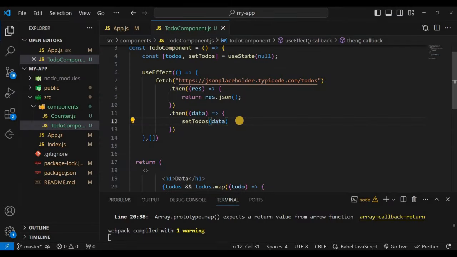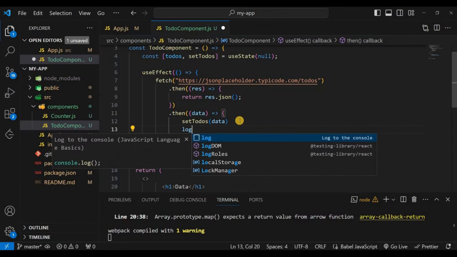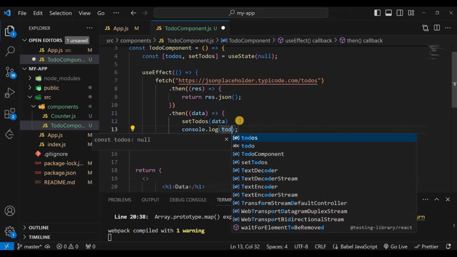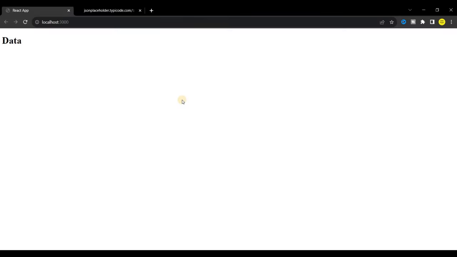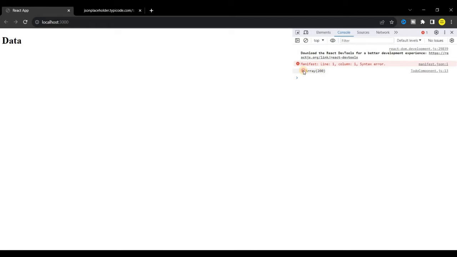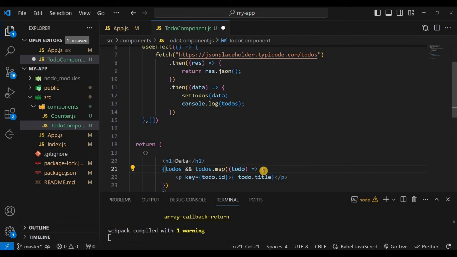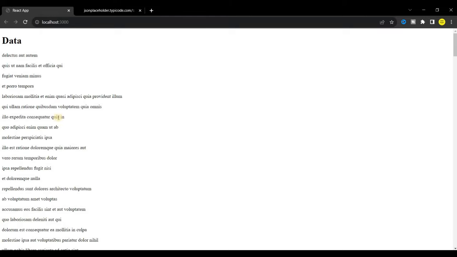कुछ भी नहीं आया। तो यहाँ पे हम लोग कंसोल लॉग करके देखते हैं कि टू डूज का डेटा आया है कि नहीं। तो यहाँ पे कंसोल पे जाओ और देखो यहाँ पे बहुत सारे डेटा है, 200 डेटा आया है, लेकिन यहाँ पे शो नहीं हो रहा है। तो यहाँ पे एक गलती कर दिया है हमने कि यहाँ पे जो सेकेंड ब्रैकेट है, उसके अंदर हम लोग पी टैग को रिटर्न कर रहे हैं, लेकिन रिटर्न की वर्ड यहाँ पर नहीं लिखा। तो कैसे रिटर्न होगा डेटा? तो यहाँ पे रिटर्न की वर्ड लिखना पड़ेगा। ओके, सो डन। सो सेव इट।